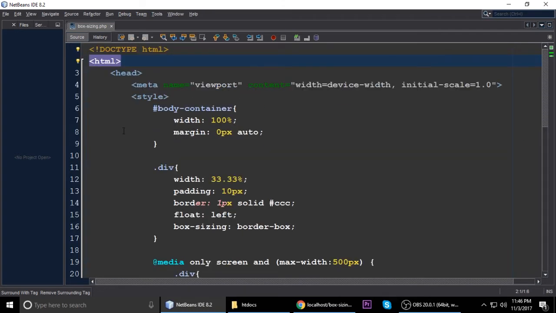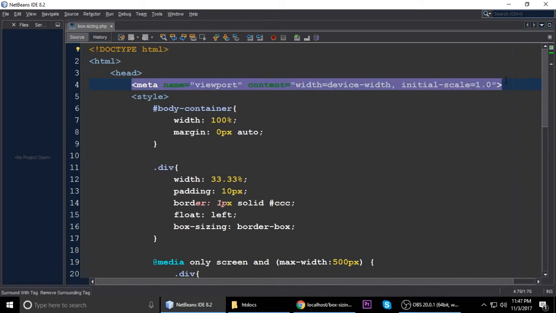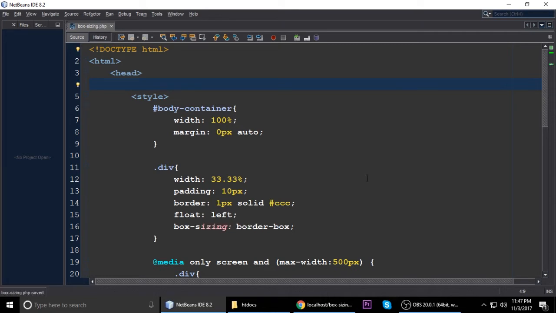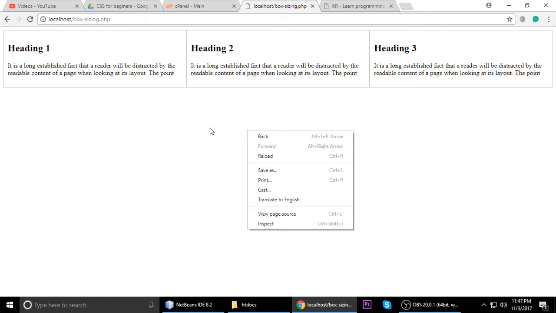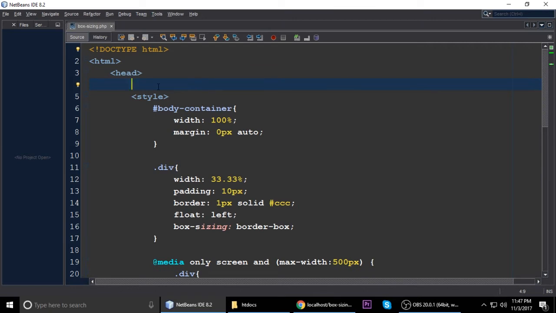We know everything here, but the new thing I will tell you is the media query. This is very important to understand. I'm removing it here, just remove it and Control S, and again refresh the browser. In larger devices, meaning desktops and laptops, your website has no changes. But when you remove the viewport here,